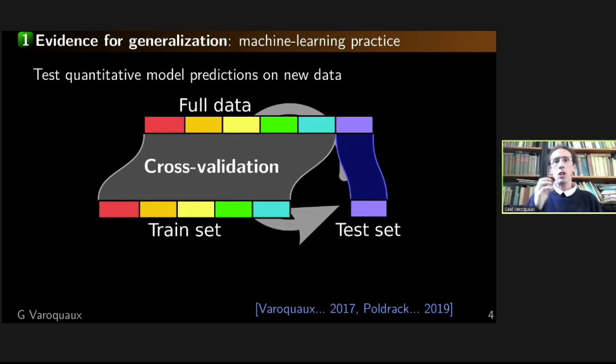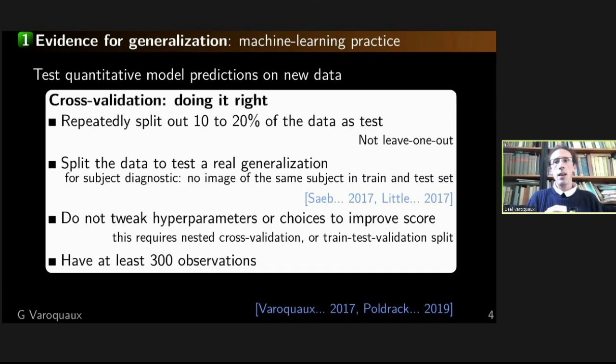For evidence of generalization, machine learning practices are required. We need to test quantitative model predictions on new data. Typically, you take the full data, you divide it into a train set, you fit a model, and then you explicitly test the predictions of the model on a test set. This is called cross-validation, and the way to do it right is to repeatedly split out 10 to 20% of the data as test,